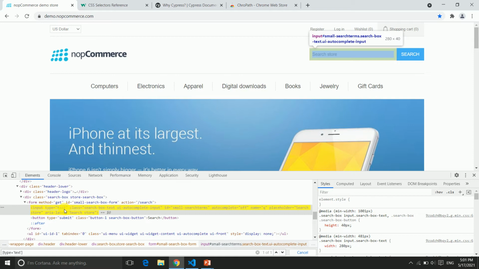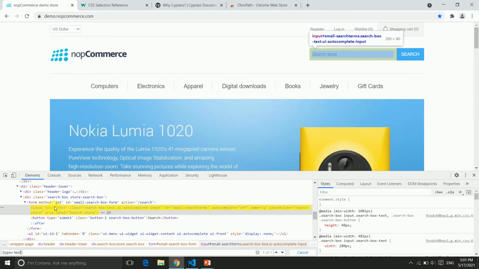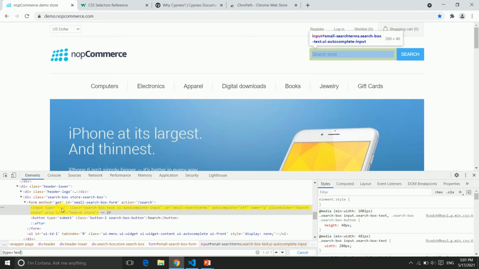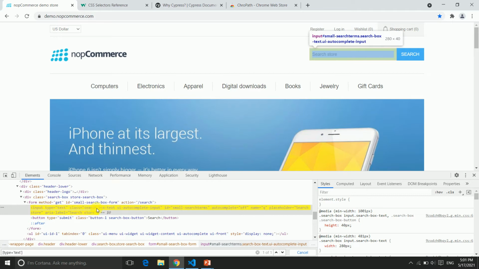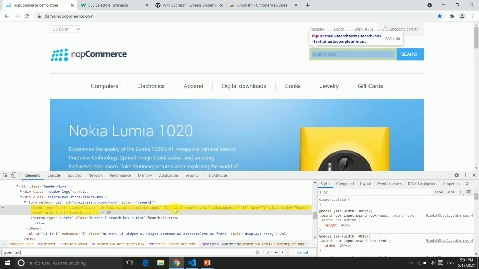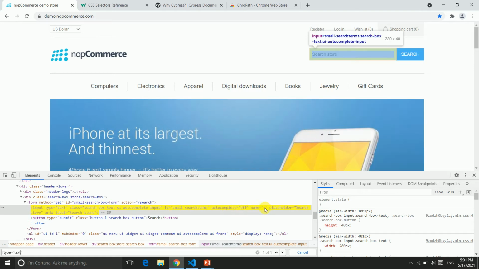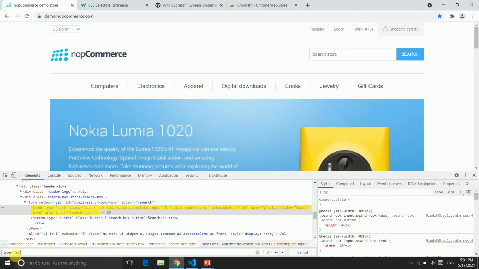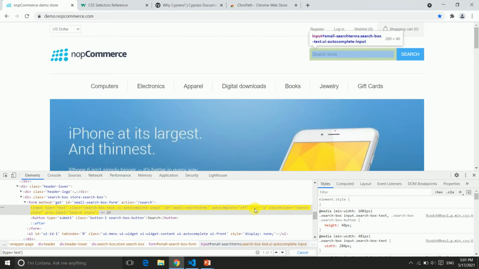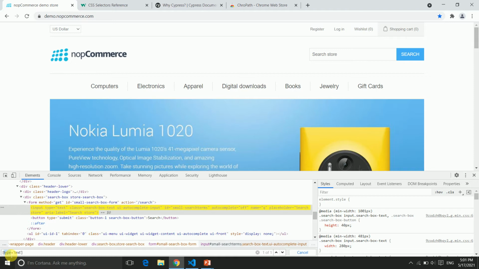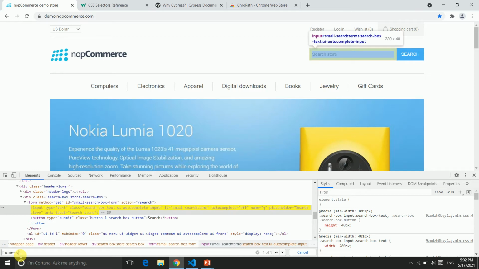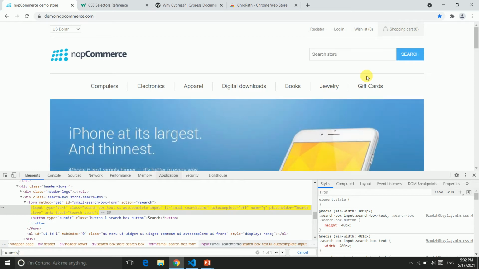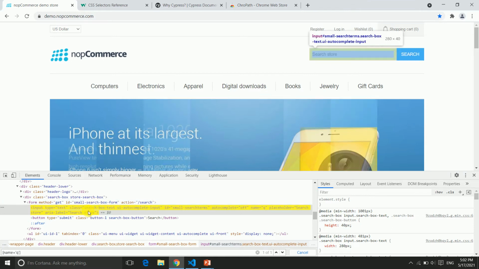So this is our CSS, where we use the attribute, means in square bracket just give the type and the value. So this is your attribute. And same way, we all know this class, so we can use the dot. We have the ID, so we can use the hash, and then we have again the attribute, so we can just give it in the same way. So as we typed the type and text, if we have the name as Q, you just change it into the name and replace by the Q. So it again highlights the particular search store area. So that is how you can write your path by using the attribute.